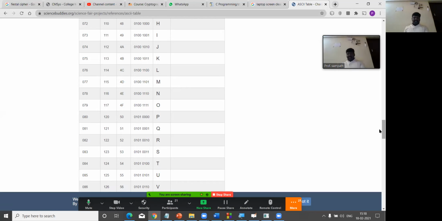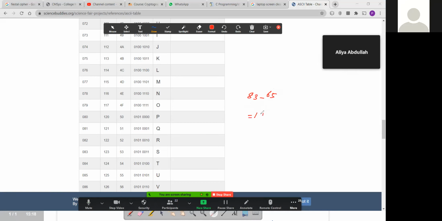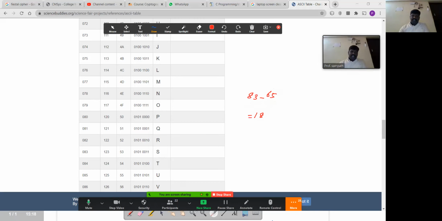What is the result? 18. So when we map this value 18 to characters, when we start A to 0, B to 1, C to 2, D to 3, what is the character for number 18?